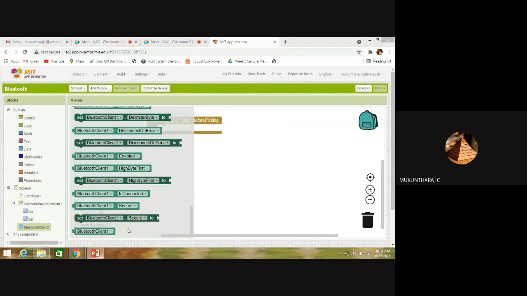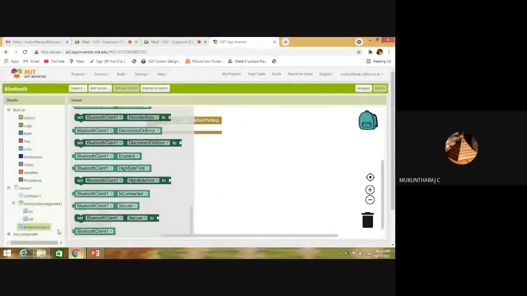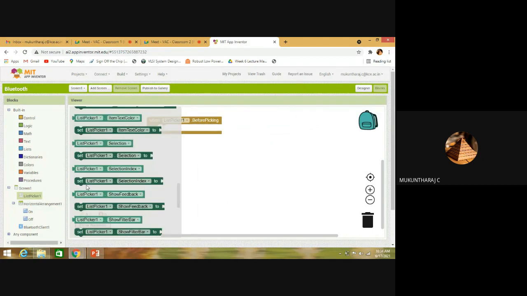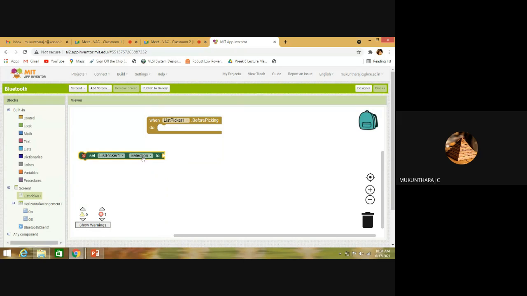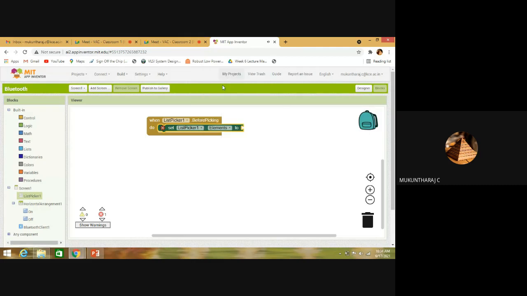I'm sorry. What will be the first rule? List picker elements. So list picker needs to show you the Bluetooth devices, correct? So after getting this, when list picker 1 before picking rule, again we need to go to list picker. List picker selection. Yes, sorry, this should be elements, right? So we need to place it here, then we can edit it. List picker elements. It must list everything, that's all.